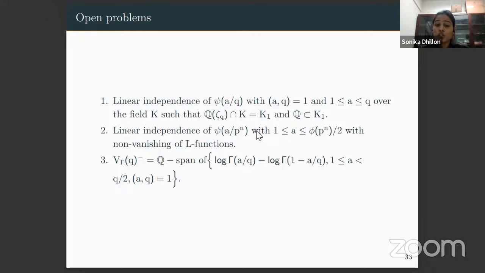Now, if the intersection is non-trivial, like I said for the case of, say, 2 to the power n, it turns out that the coefficients are coming from the maximal real cyclotomic field. So suppose I take K1, which is sitting inside the maximal real cyclotomic field, then can we say something, or will the theorem still be true or not? I think it is not known. The second thing is that we have studied the harmonic numbers and this digamma function.